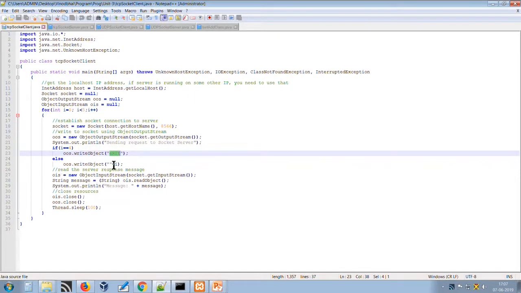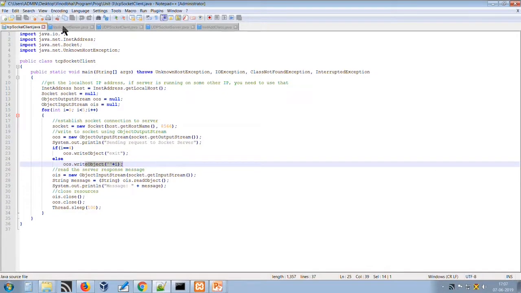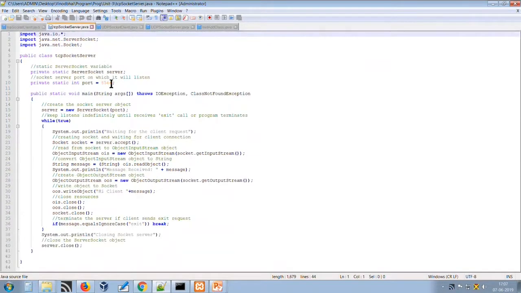Once this is completed, at the opposite end, in the server socket program, the same thing happens. The port is the same, we create the ServerSocket instance, and the server is listening on the port that we have mentioned. Then a socket object is also created here, and this socket is also a server instance. The accept method indicates that it is continuously listening for incoming requests. Once a request arrives, it accepts it and reads the data sent by the client using the socket.getInputStream method, and it displays it using the readObject method.